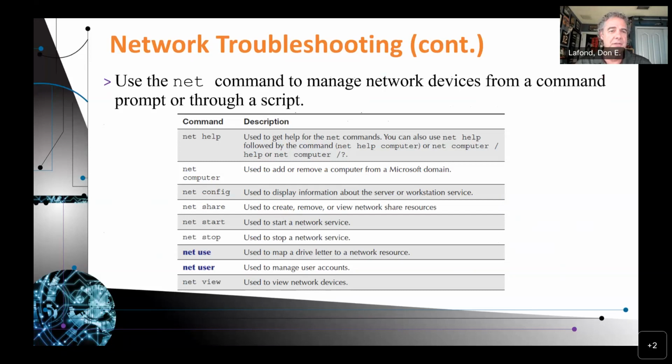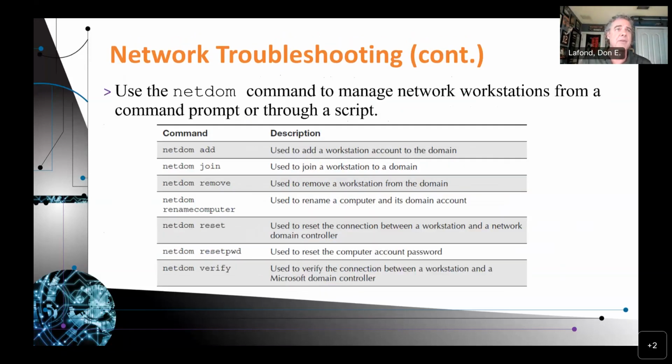Net user, you can manage user accounts, allowing access to different users. Net view, to view the network devices that are currently installed. There's also net dom, N-E-T-D-O-M, which stands for domain, and it's used to manage network workstations from a command